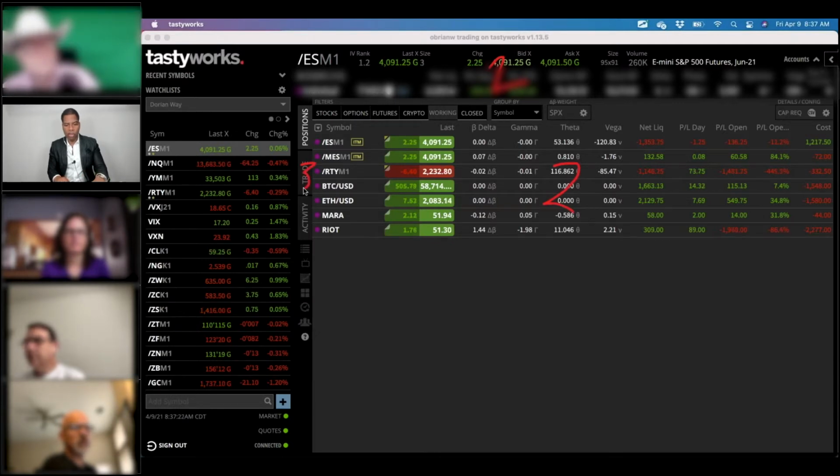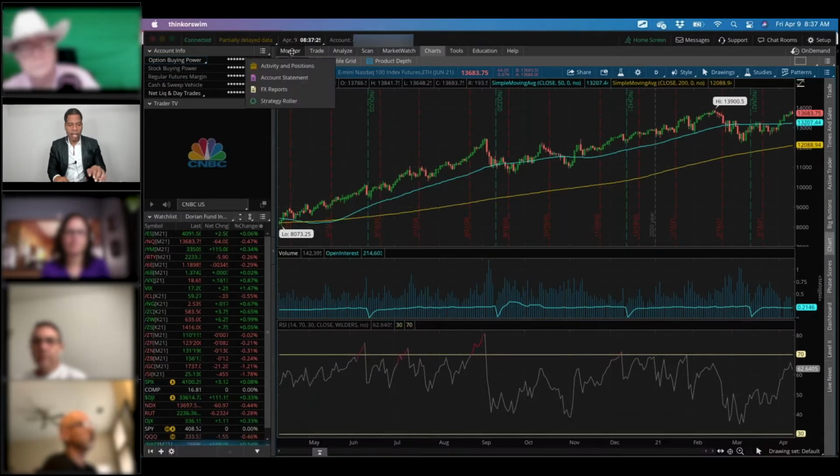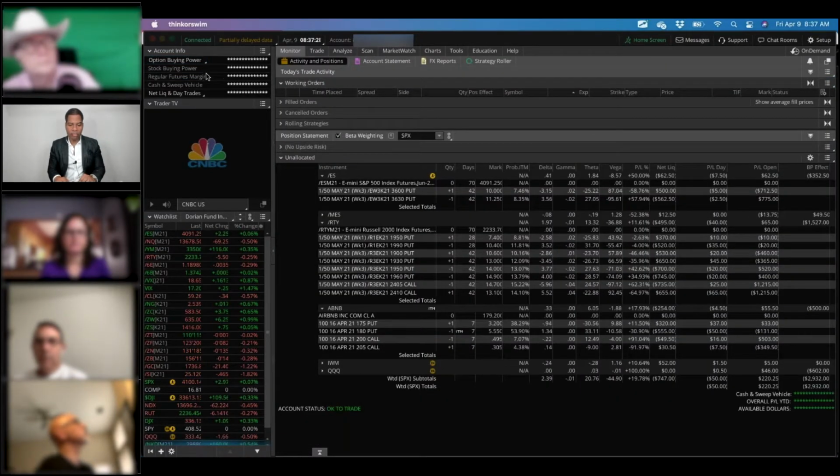When you're on the Thinkorswim platform, it's a little different, but pretty much the same concept. This is area 1 here. This is area 2, 1 and 2 basically. And you can also have this area as 3. You don't have to go to the trade tab if you set your portfolio up using probability in the money